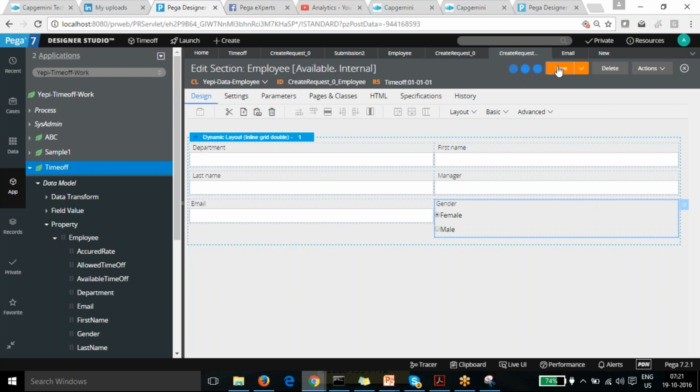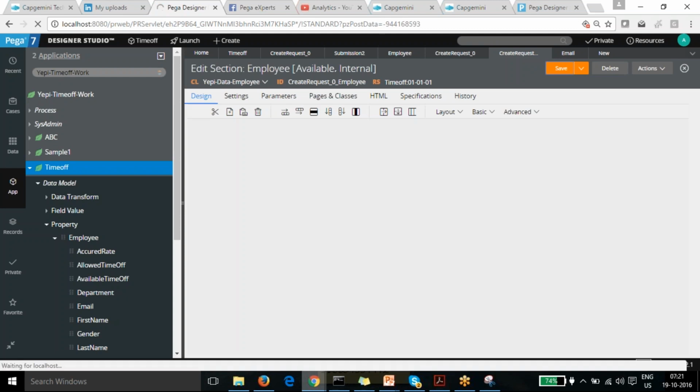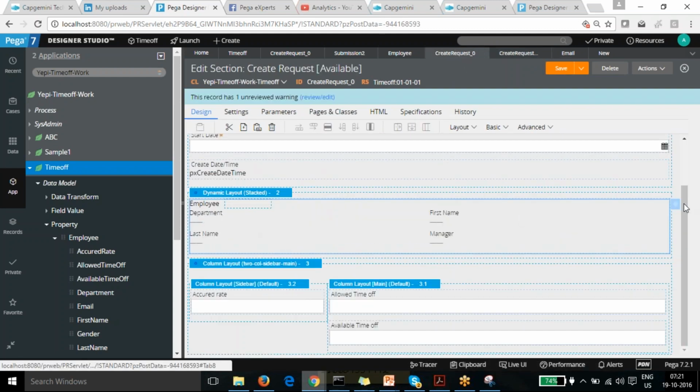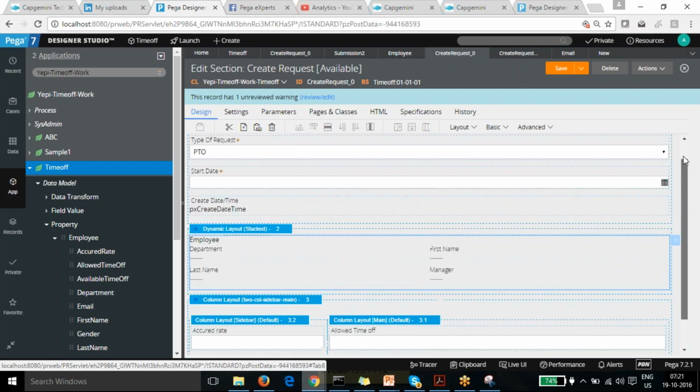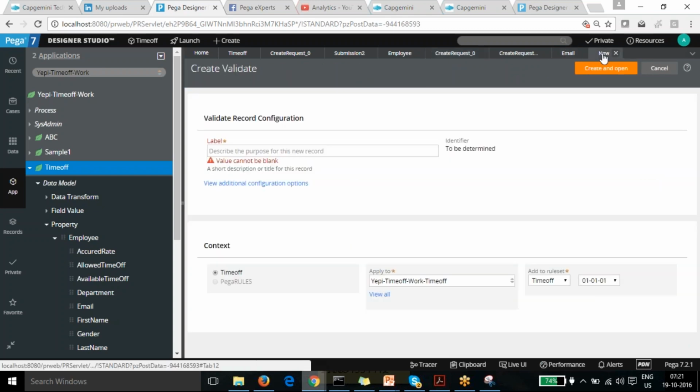One other way is the drop down. We have added the type of request. In the type of request, for leave request, we have used a different format for the same. Here you can see we have used the drop down feature. There we have all the different types of leaves we can apply for. We can get it from this drop down. And finally, I need to show you the validate rules.